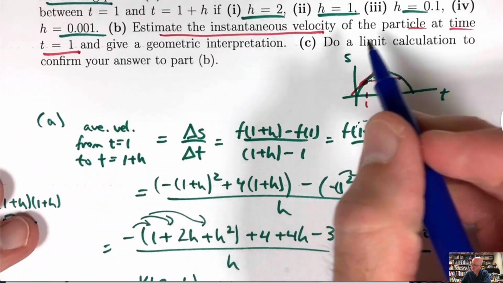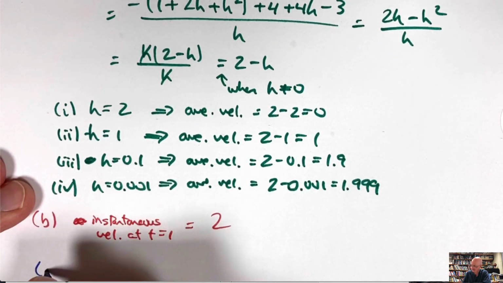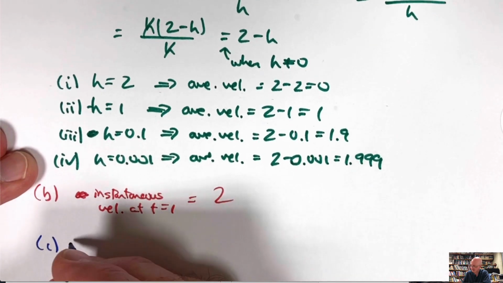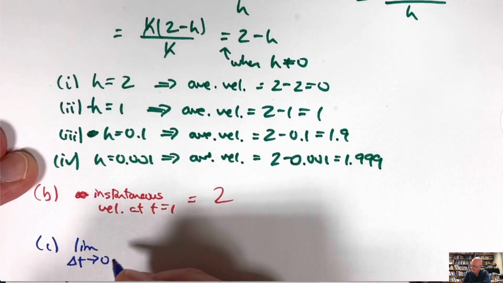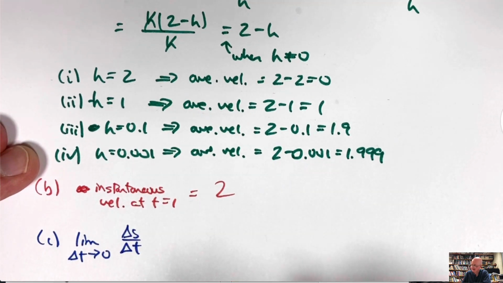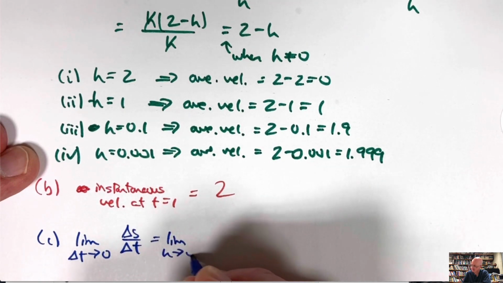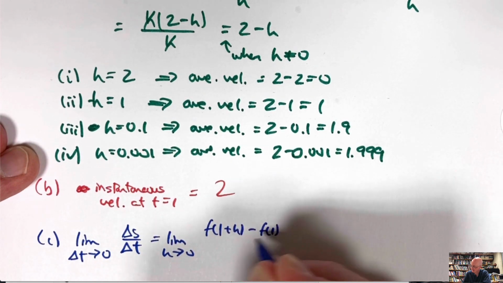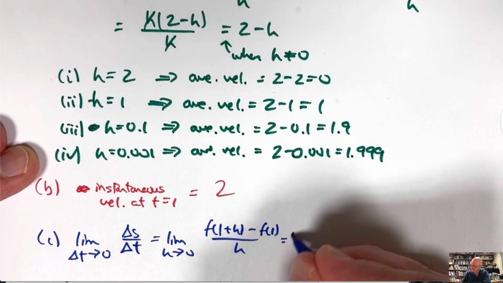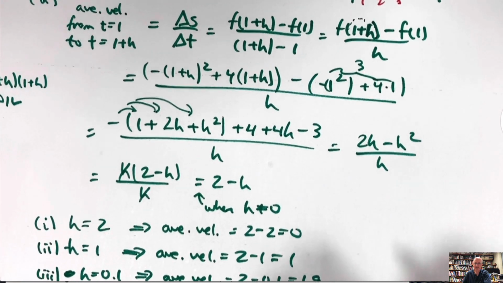Part C says do a limit calculation to confirm your answer to part B. What do I mean by limit calculation? I mean compute the limit as delta t goes to 0 of delta s over delta t. Delta t is h. That's the same as the limit as h goes to 0 of f of 1 plus h minus f of 1, divided by h. That's the limit as h goes to 0 of this thing